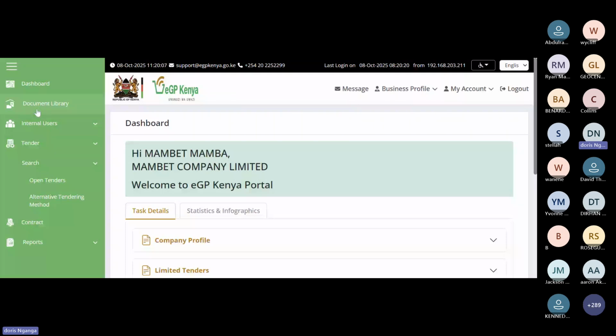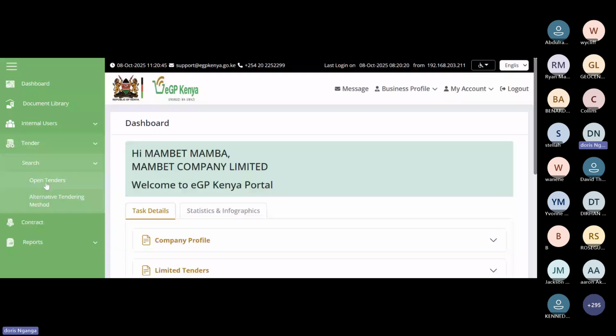The second tab is for internal users. This is where the supplier or the owners of the organization or the directors can map their internal users in an organization. Let's say you have a manager who you want to be responding to tenders as they come up. You map them in this tab of internal users. The fourth tab is the tenders, which is our interest for the day. So the tender button would look like that. You click on it, and then you have a tab for such tenders.